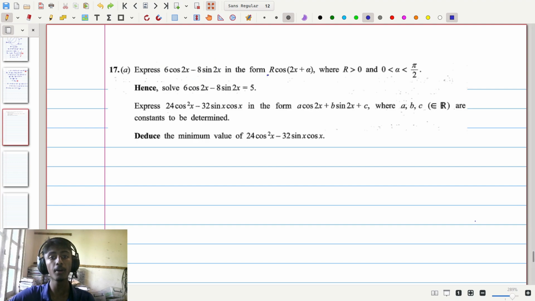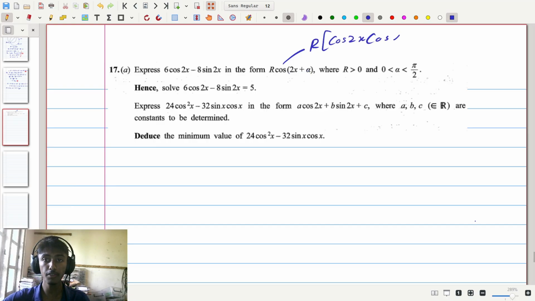Now to start off with this question, we need to take this expression right here and convert it into the form r times cosine of (2x plus alpha). We can express this in a different way by simply expanding the cosine. As we know, cosine of one angle plus another angle is equal to cosine of the first angle times cosine of the second angle minus sine of the first angle times sine of the second angle. According to that, this can be expanded into r times cosine of 2x cosine of alpha minus sine of 2x